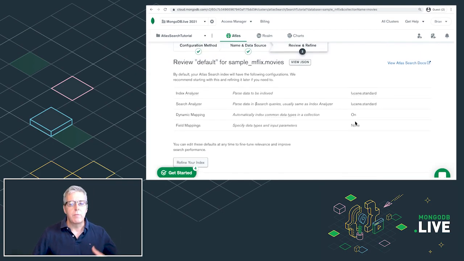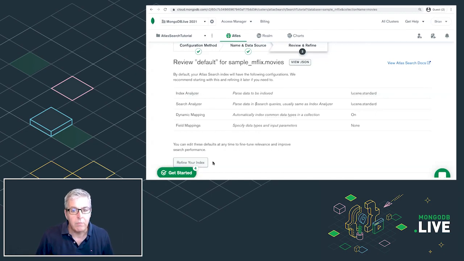Now you've got some other tunables that we can get into. As Todd mentioned, our search capability is based on top of Lucene, so the default values you're presented with use the Lucene standard analyzers. However, it's completely tunable. You can click this refine index button down here and change the analyzers.